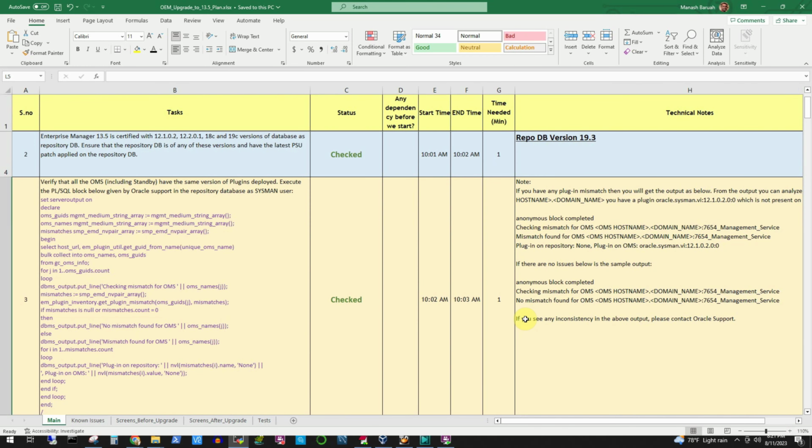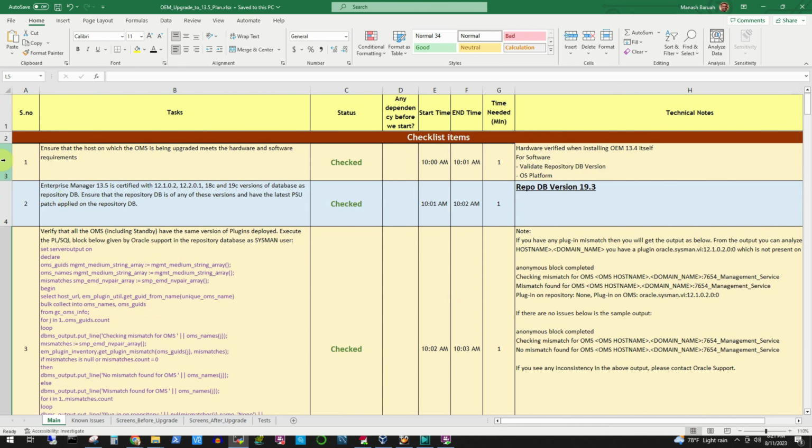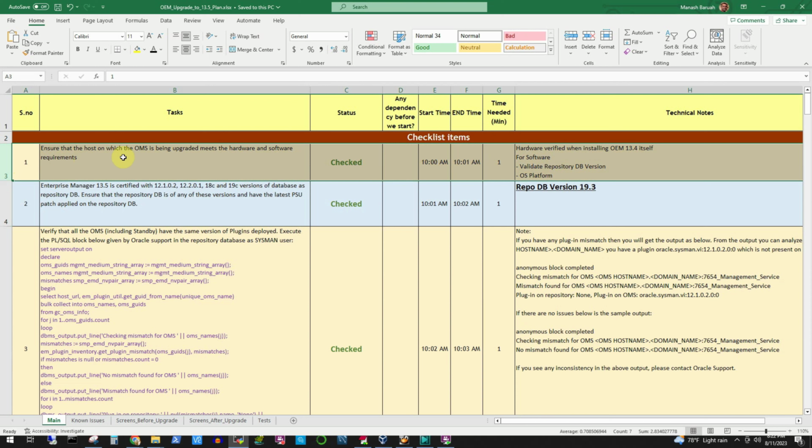Instead of zooming in and out every time, I will explain the lines verbally, and I suggest you download it and make changes as per your requirements before implementing it. So let's start. The first line: ensure that the host on which the OMS is being upgraded meets the hardware